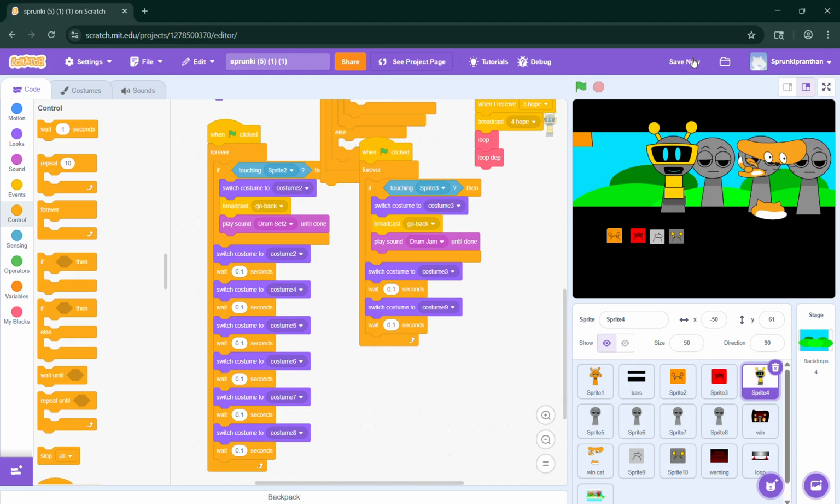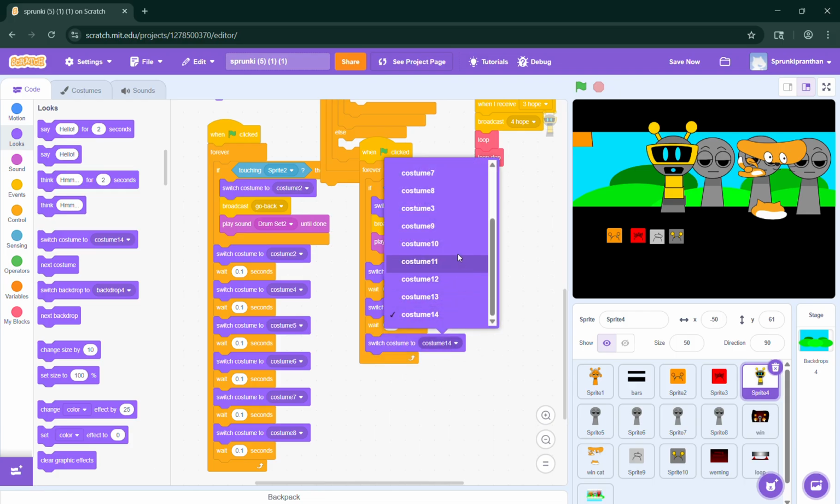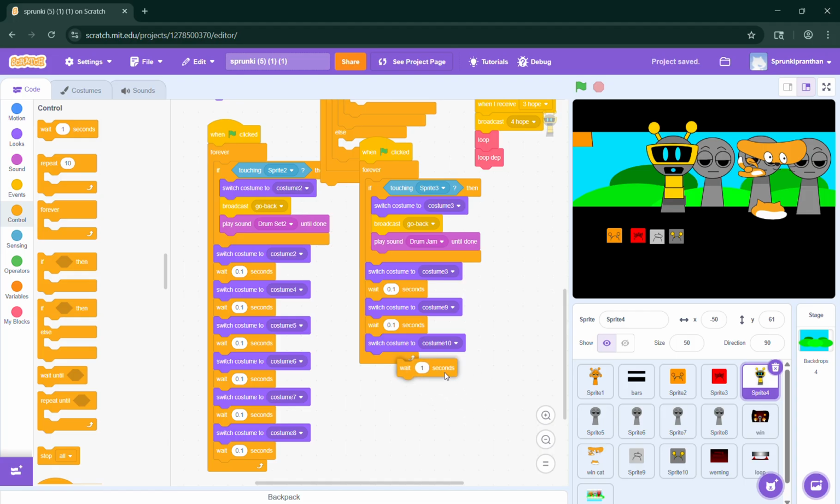Let's see if it worked. Yeah, it worked, and you see that. Switch costume to costume 10. And wait 0.1 seconds. Let's see if